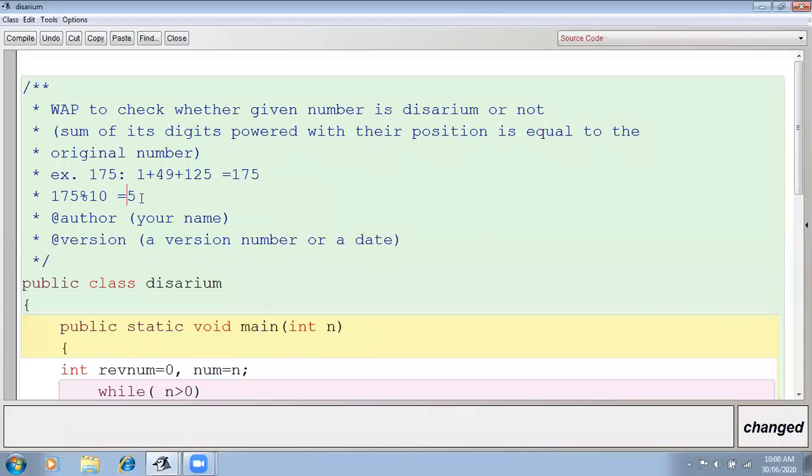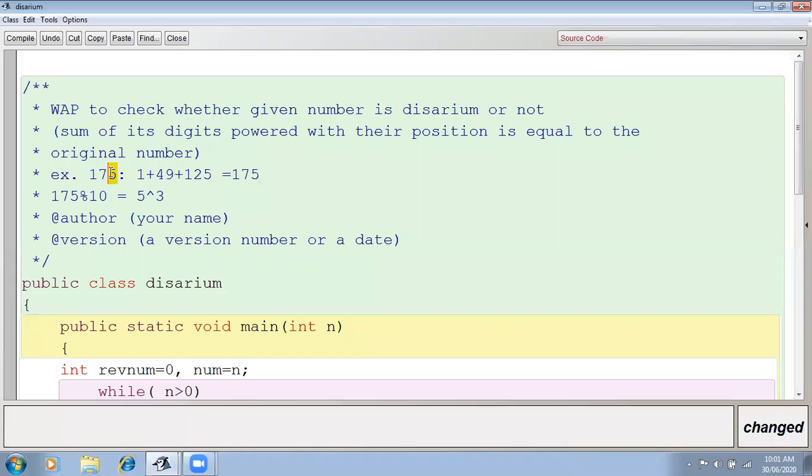Now I cannot calculate 5 raised to 1, because according to the question I have to calculate 5 raised to 3, because this is the third digit. Then how will I know that this 5 is on the third position? This is the trick for this logic.